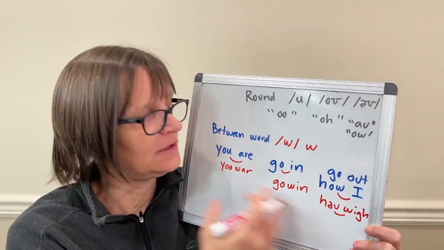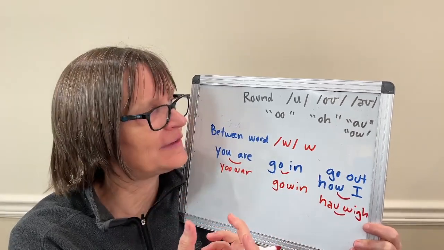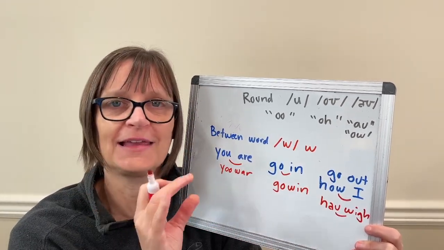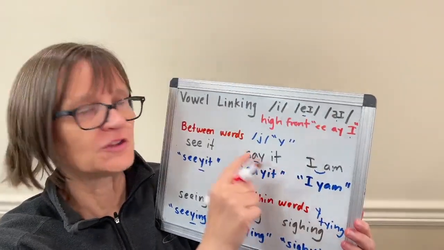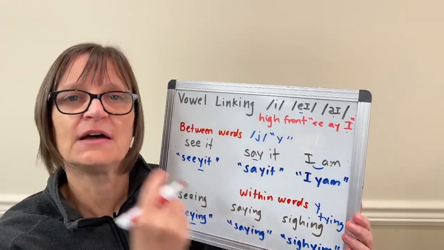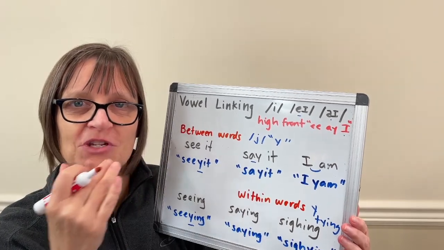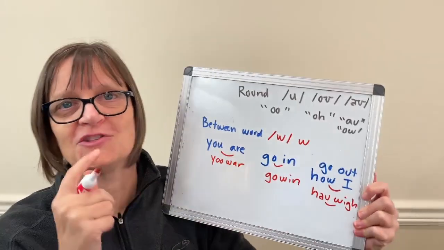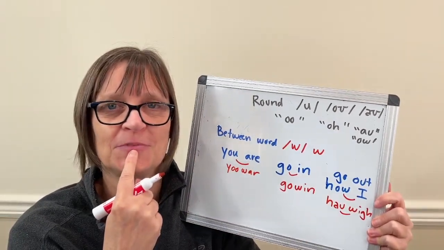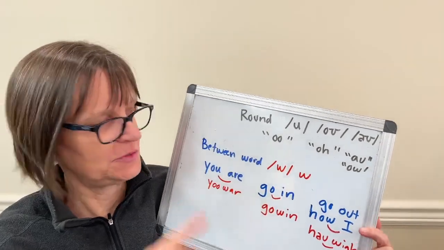So for all of these rounded vowels, when the next word starts with another vowel sound, again, we add that linking w sound, just like for the high front vowels, we add the linking y sound, because the y is what happens when the tongue is moving from that high position to an unhigh position. The w happens because I'm moving from a rounded lip shape to an unrounded lip shape. So that happens between words